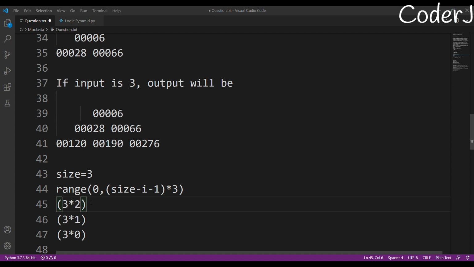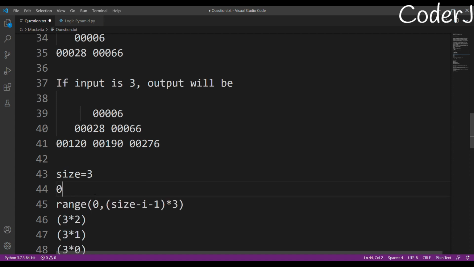Okay, and my i is basically starting from 0. So when my value is 0, my loop will run how much time? It will start from 0 till size, that is 3. 3 minus 0 will give me 3. 3 minus 1 will give me 2. So this will give me 2, and 2 into 3 is 6. So I'll print space 6 times.